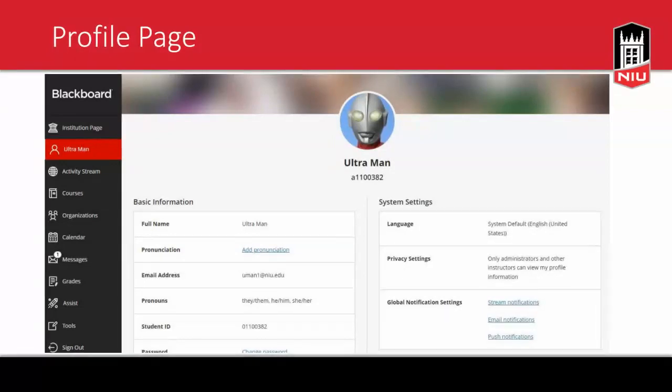And when you go to the profile page, and you do that by clicking your name, you can see I've put an Ultra guy here. For those of you who are Japanese sci-fi fans, you'll recognize Ultraman. But right here, this is where you can go to view all the information in your profile. Anything with a clickable link, you can adjust,